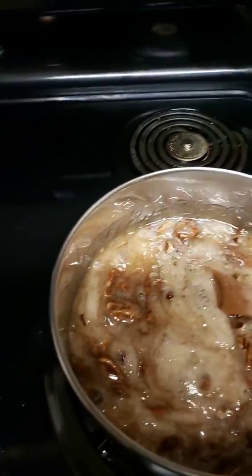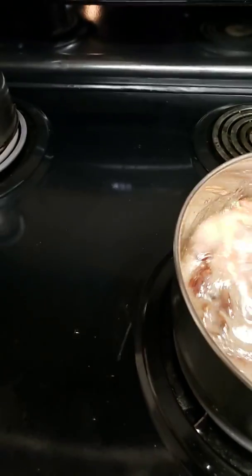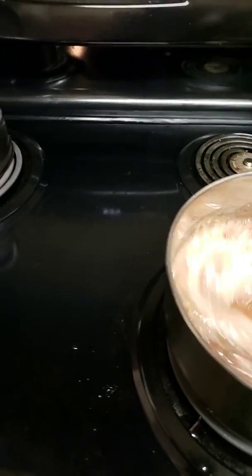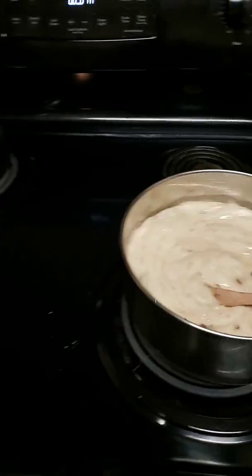Here we go. Dump that in. Gotta stir it. You see it starts to foam. And as it starts to foam, I am going to